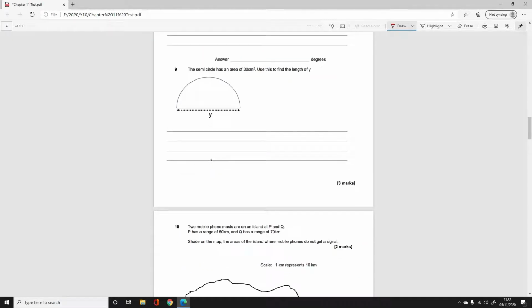This semicircle has an area of 30, so that means that the circle that it started with had an area of 60 centimeters squared. So that would be equal to pi r squared, the area of a circle. So if I was to divide by pi, I would get r squared, and if I was to square root that, I would get the radius of the circle. So if I type that in,